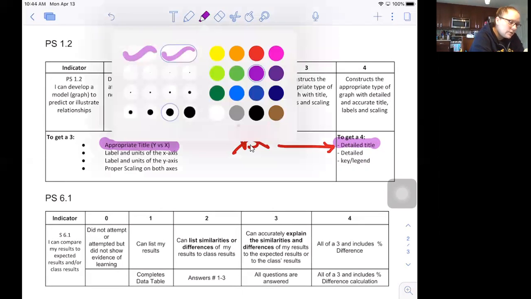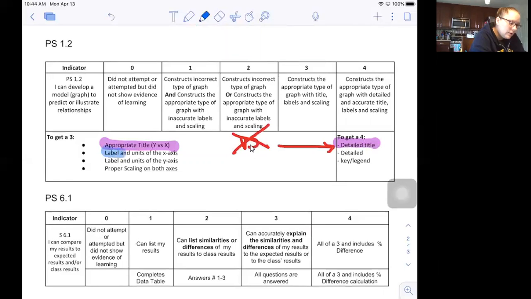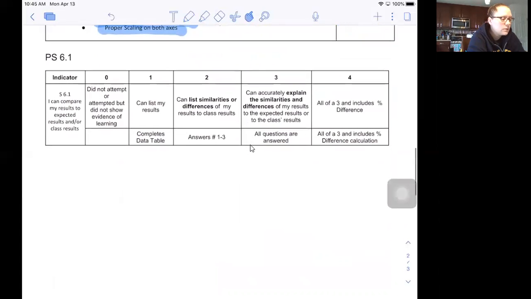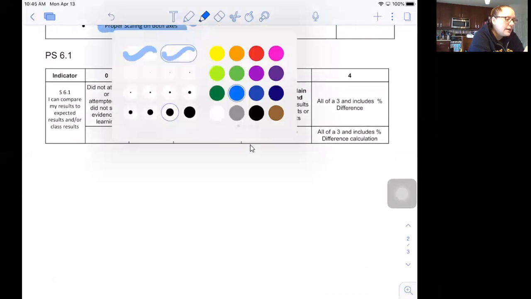Labeling for units, so make sure you're labeling units on your x-axis, label units on your y-axis. So if you were having grams, centimeters, time, make sure you label things. And then proper scaling, okay? And then if need be, make sure you have a legend or a key, so if it's color-coded, okay? The graph you are gonna make on the summative is a line graph, and you will have a formative with practice on that too, so. Okay, last but not least